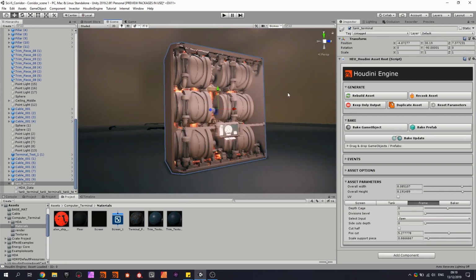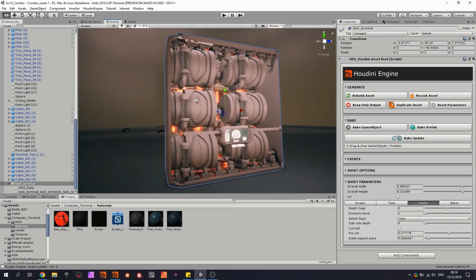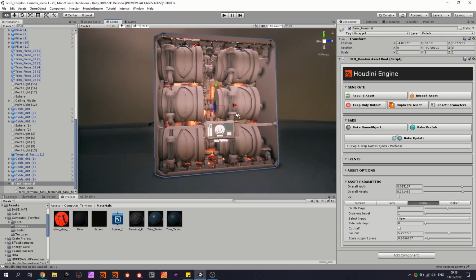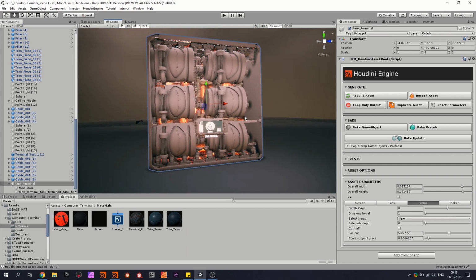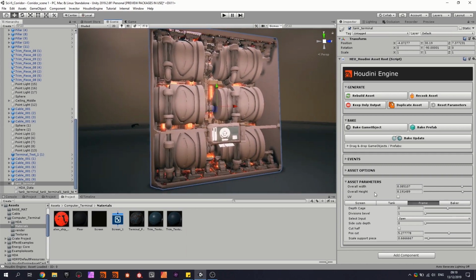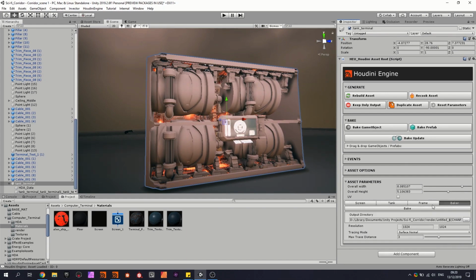So we can start fine-tuning what it should look like. Or you can always go back in Houdini and make changes if some parts should be better placed. From this point, you can always go back and forward and start tweaking. And I would also love to test out the baker, so we can go here, and we also enable the